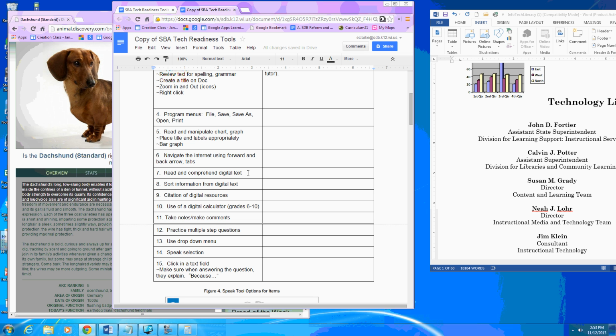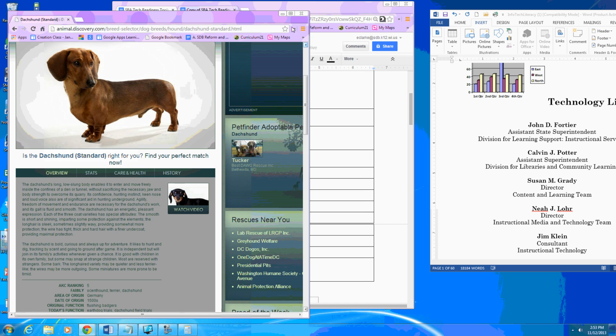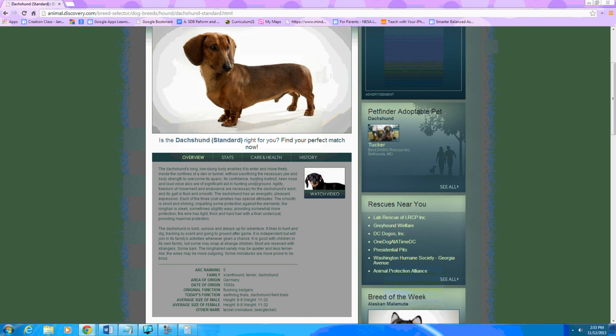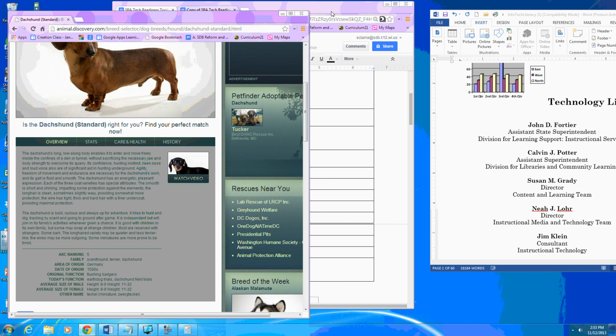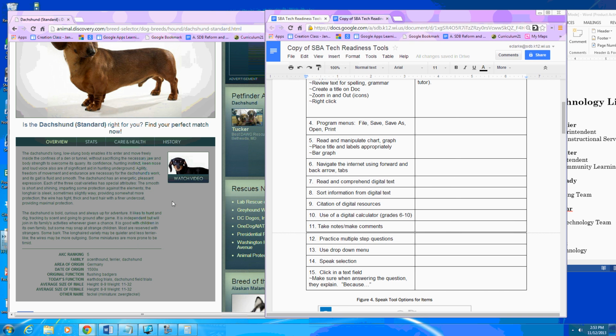Read and comprehend digital text. Now, when I'm talking about this, we want kids to be on the internet doing close reading. We want to make sure that they're doing close reading and taking notes at the same time. So you can do that